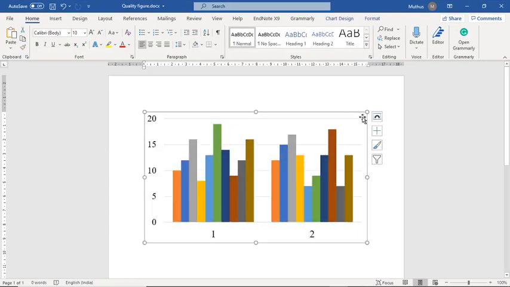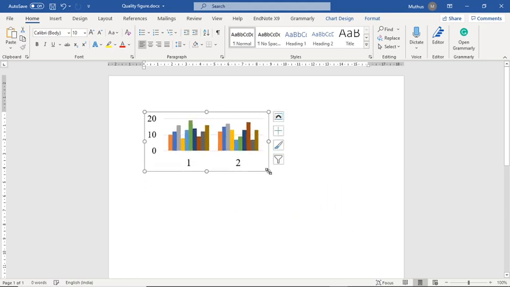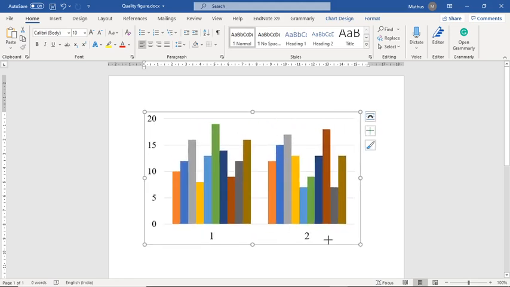The problem is, suppose this Word file is your manuscript. If I copy from Excel directly, there is some problem while shrinking and expanding this. The legends, that is, the values, are changing here. For example, if you increase it, 0, 5, 10, 15 is up here.